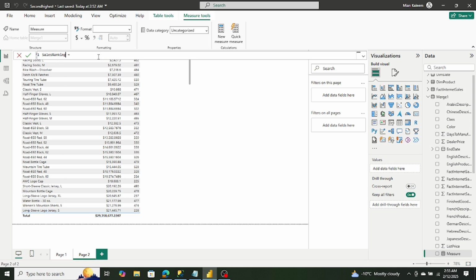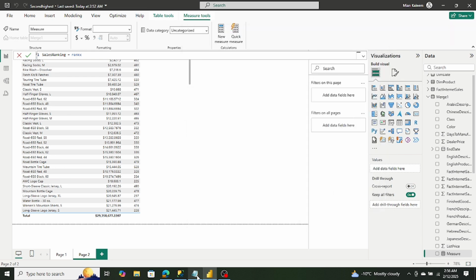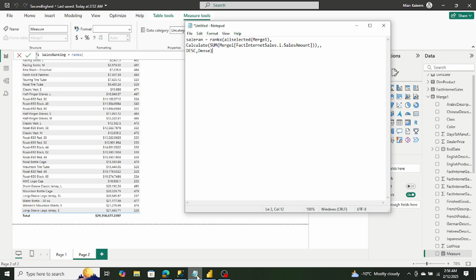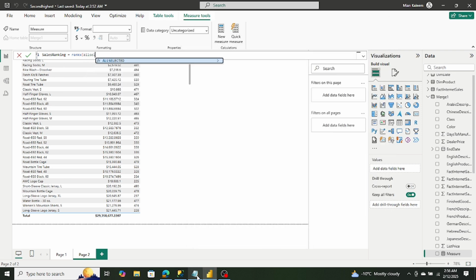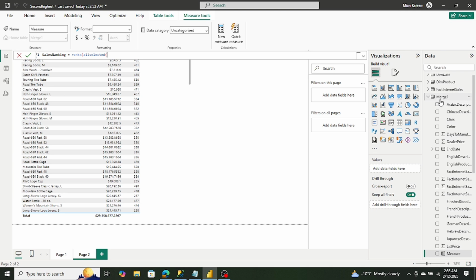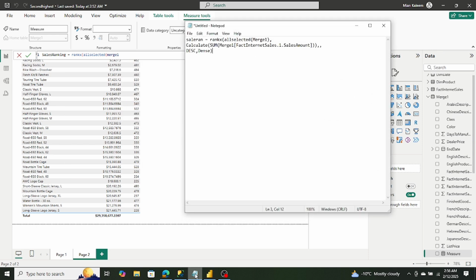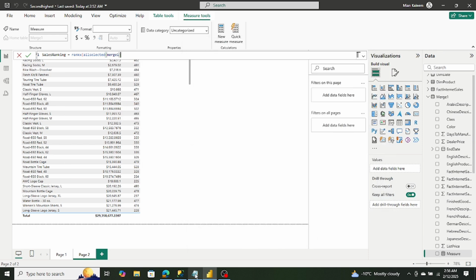For the sales ranking, we will use the RANKX function, and then we will use ALLSELECTED, our table name is Merge1, comma,